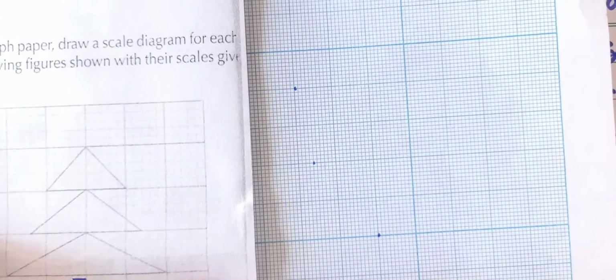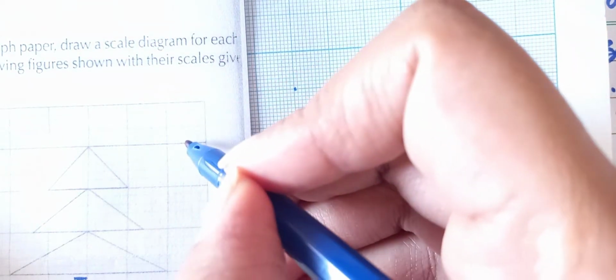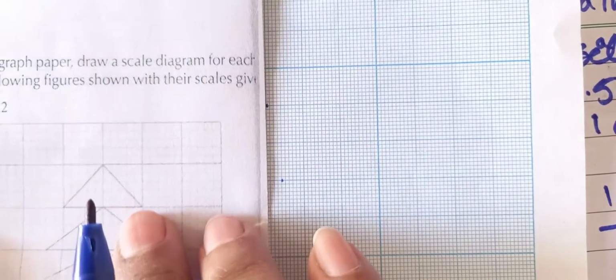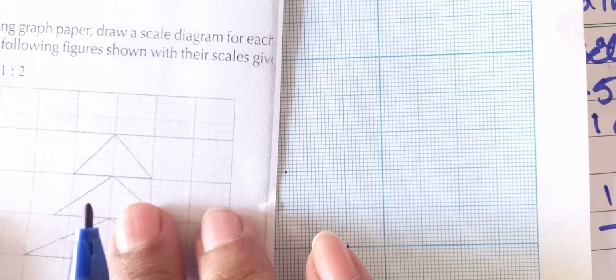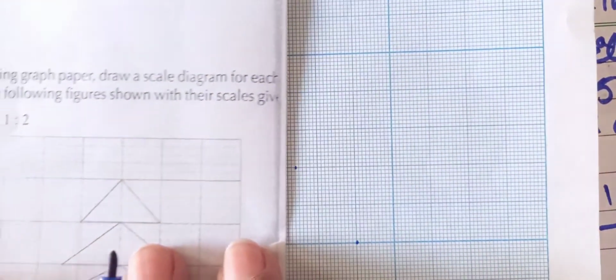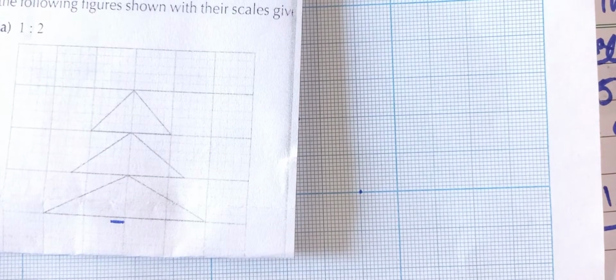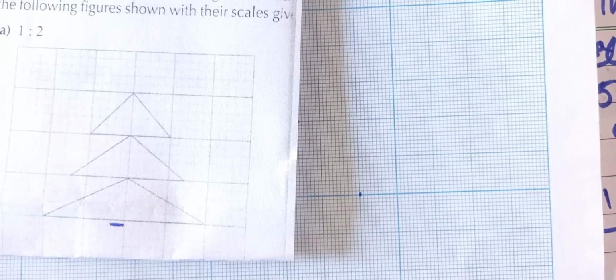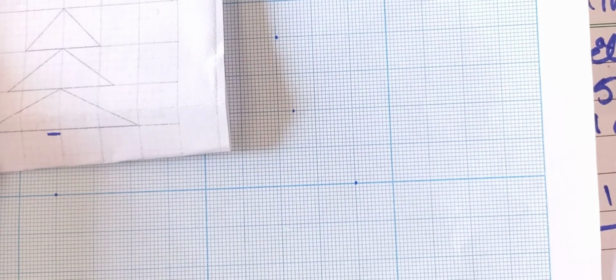But one thing is common in both of these graph papers. This big square is of 1 centimeter, 1 centimeter, 1 centimeter, and this big square is also of 1 centimeter. So if you can lay your hands on such kind of graph copy, you can make it on that, and it is equally good. And in papers, when you are tested, the graph is printed on the answer sheet and you just have to draw on that graph. So it hardly matters, you just have to know the procedure.